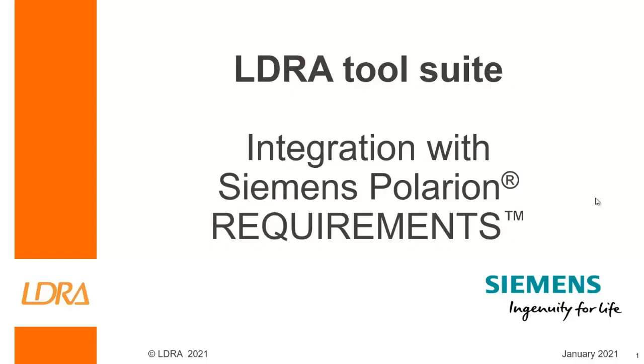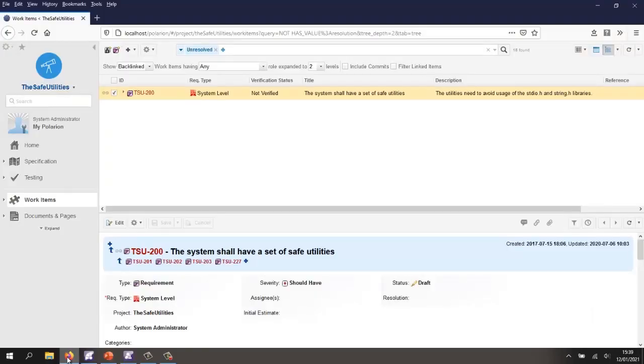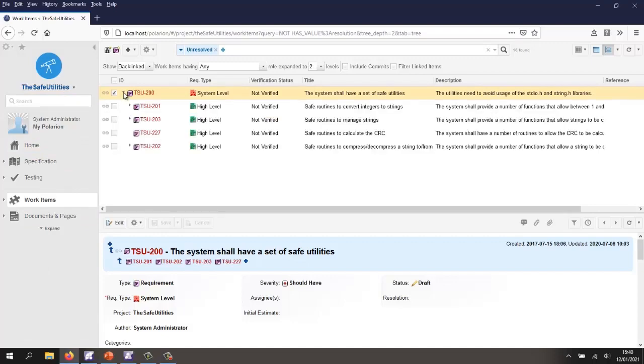Hello, this video is going to show the integration between the LDRA tool suite and Siemens Polarion requirements. The starting point is of course Siemens Polarion requirements, and inside here I've created a simple project called Safe Utilities, and inside there I've got a single system level requirement. I can expand that and we can see it traces down to 4 high-level requirements, and we can trace the